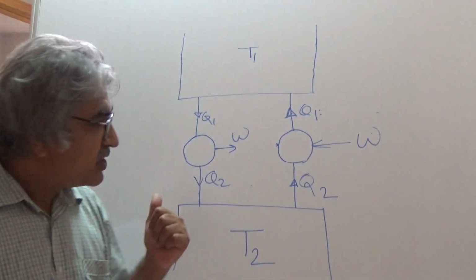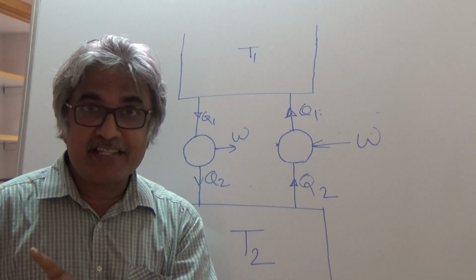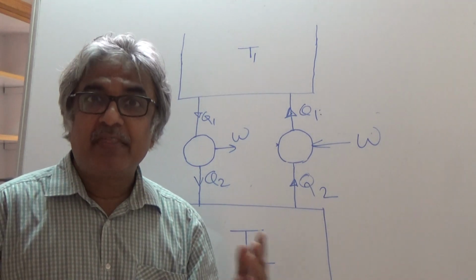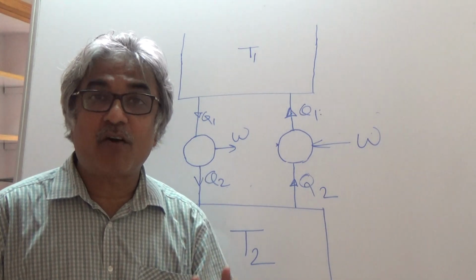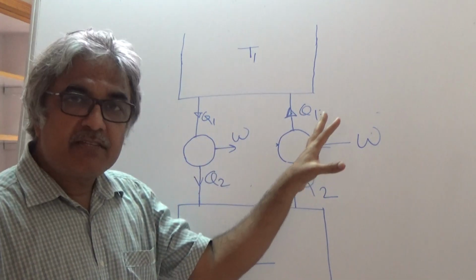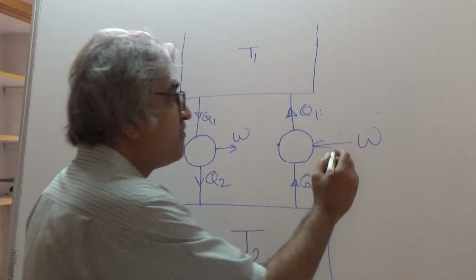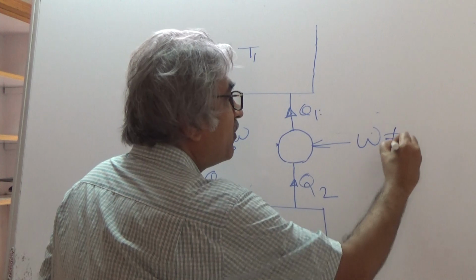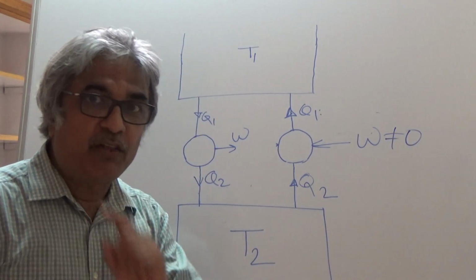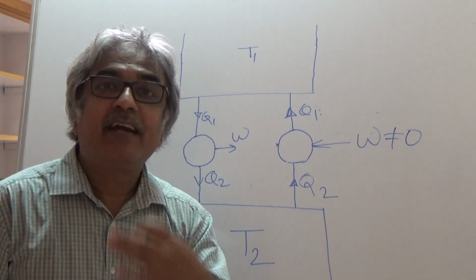Welcome back. So now we are going to violate Clausius statement and show that it amounts to violation of Kelvin-Planck statement. How do we do that? Look at this. We want to violate Clausius statement, and what does Clausius statement say? That W cannot be equal to 0. But we will make W 0. That means we are violating Clausius statement.